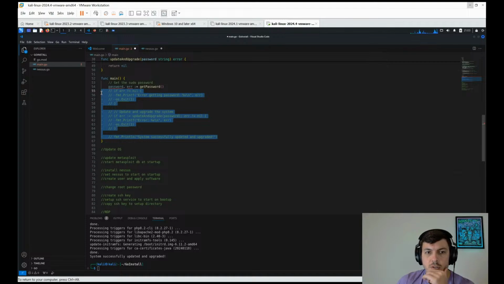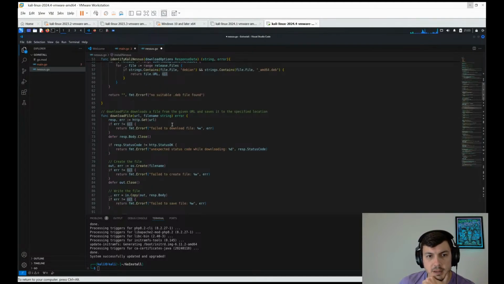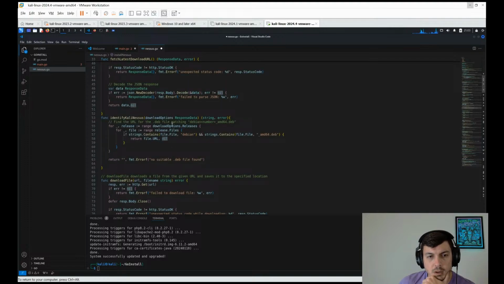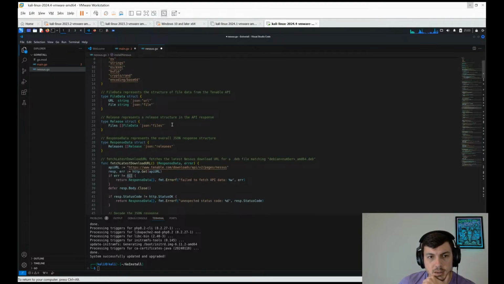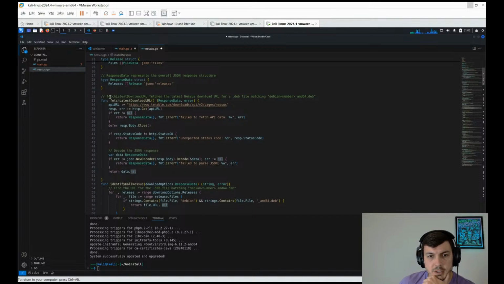I just use control and slash, and it'll comment out so that doesn't run. And then we can go ahead and add our Nessus code here that we want to do. So the first thing we need to do is